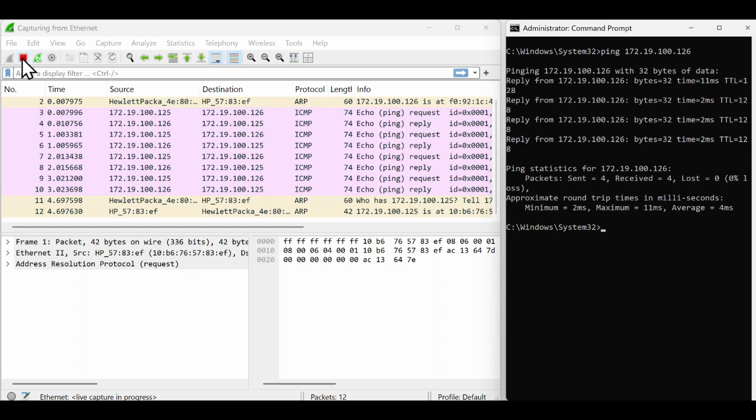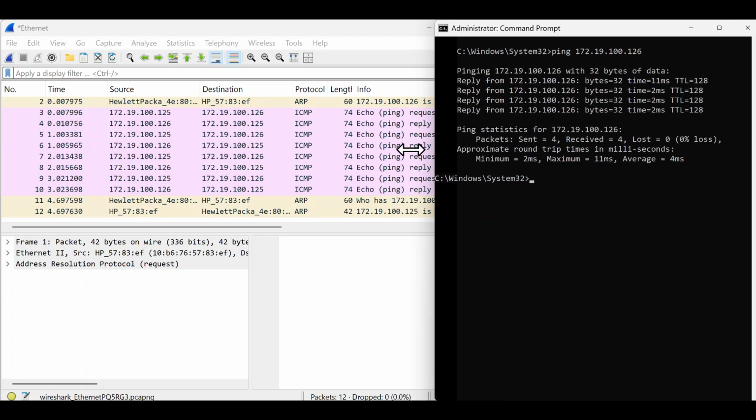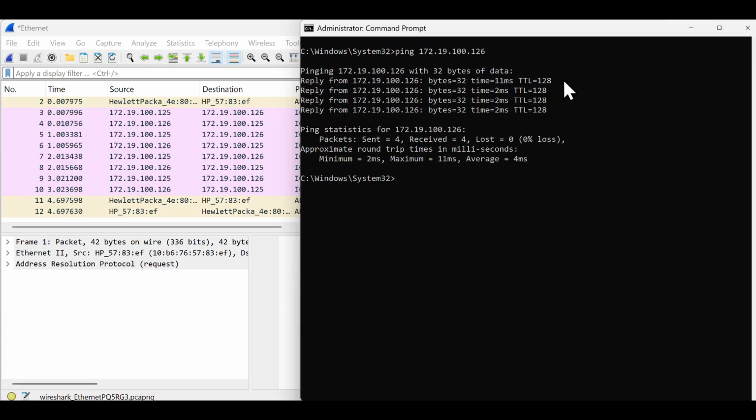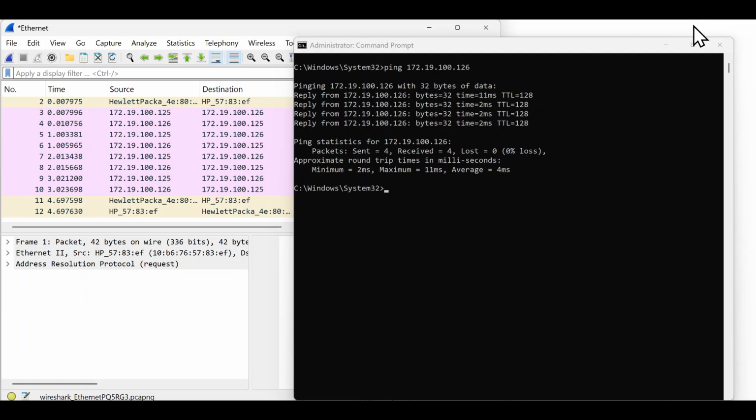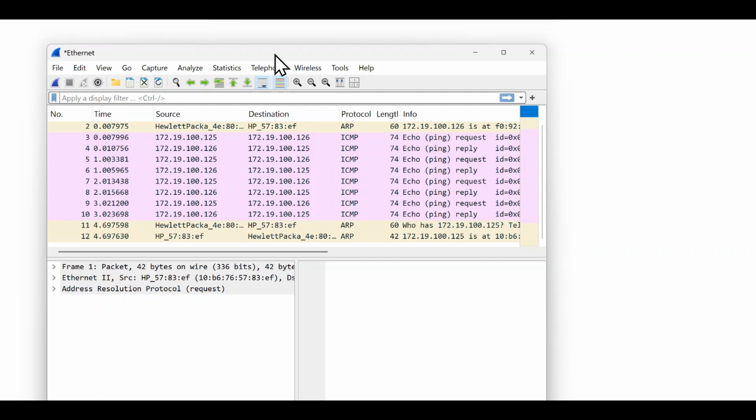So let me stop the capture there, and real quickly here to look at what we have going on with this one. We see that we basically said hello to the other computer 4 separate times, and it replied each time, and without any loss or problems. So we'll go ahead and minimize that, and now let's take a look at the